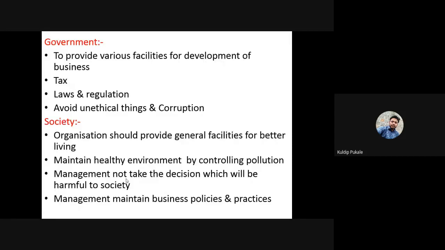While taking decisions, just remember that if these decisions are harmful for society, you should ignore those particular points. Then management